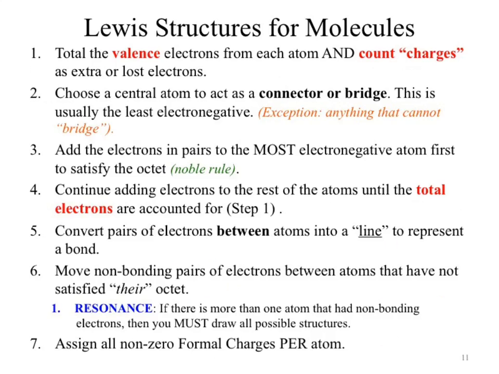Anywhere that you have pairs of electrons between atoms, you can convert it into a line, so you can erase your dots into lines. The next 2 rules we'll worry about after exam 2. Okay? So those will not be on the exam. Not exam 2. Okay? So let's look at a couple more examples.